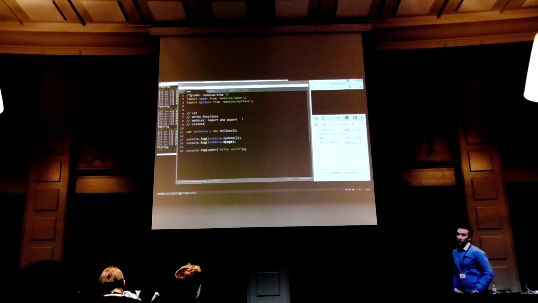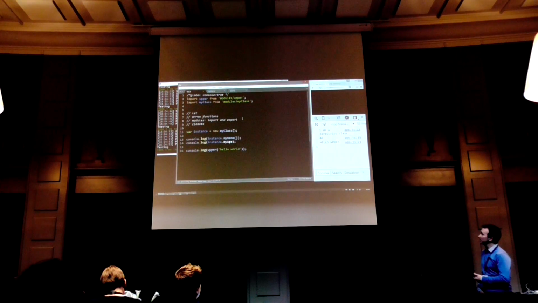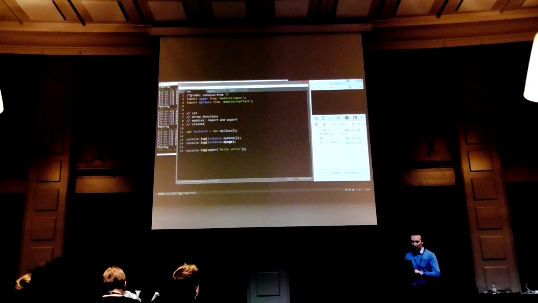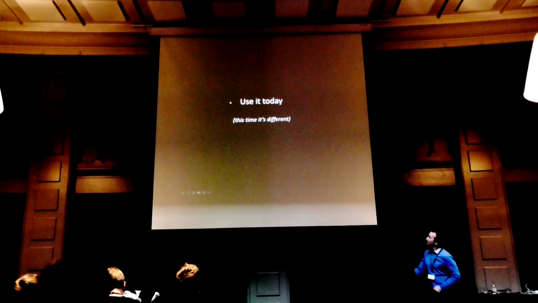I know Chrome already supports some ES6 features, but we live in a multi-browser world, so we can't rely on the browser supporting ES6. That will take 5 years probably. But what I'm using is